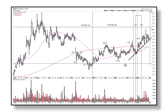So, as long as we maintain this angle of advance, I am bullish, anticipating that we'll trade into these upper price objectives. If we lose this, because it's a lower market cap, I wouldn't hold on to any losses. I would close out my position and look for an entry on the 200-day simple moving average. And if we lose that, I would still just walk away and look for an entry as we retest this level of support here, and that would officially be a terminal shakeout and mark the transition from phase C